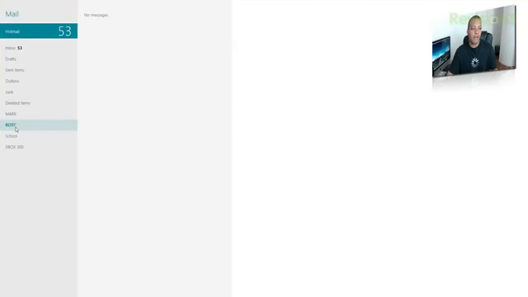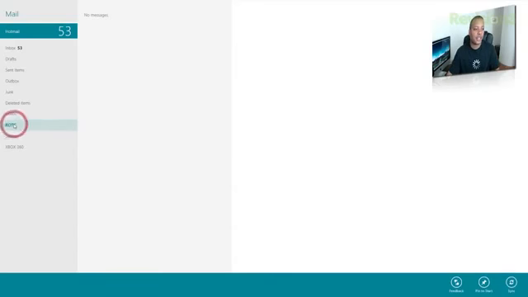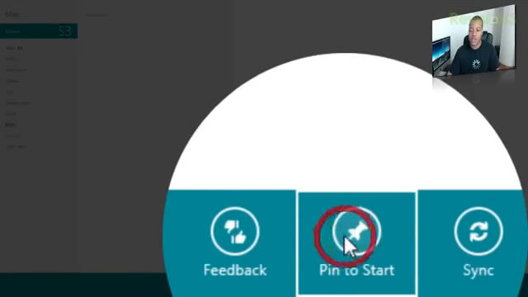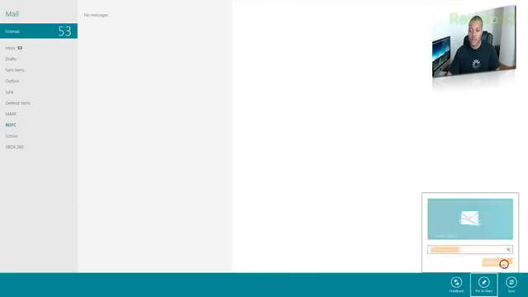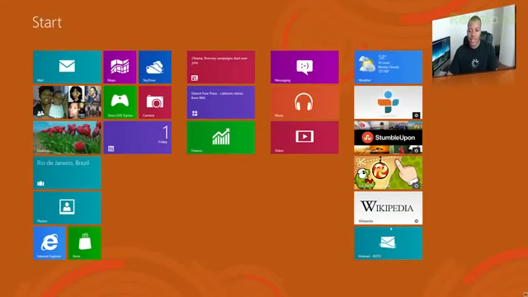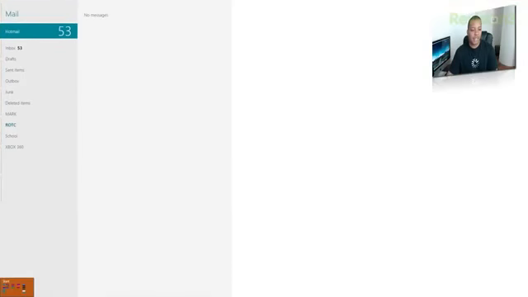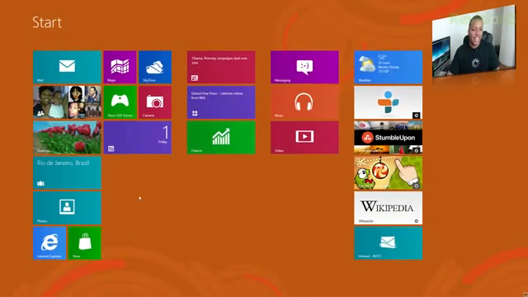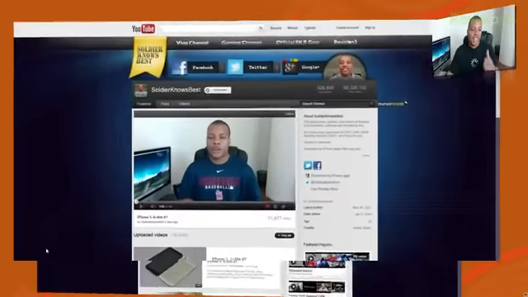Like one thing in the mail folder here: if you do have multiple folders and you want to pin one of these folders to the start menu or to your home screen, you can actually do that. Just right click on it and pin to start, and you can name it whatever you want to. And now you come back here. So if you have a couple folders that you always go to, you can quickly get to that folder just by clicking on that from the start menu. So I do like that little change. They did change some things in the calendar, and also another change that wasn't in the last release is that